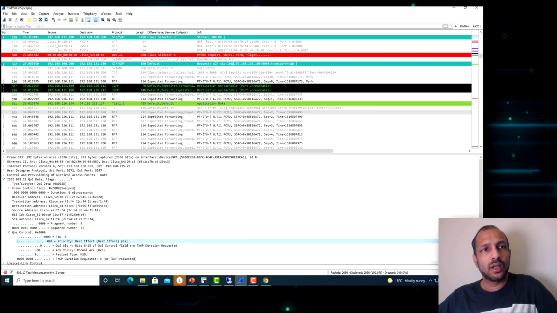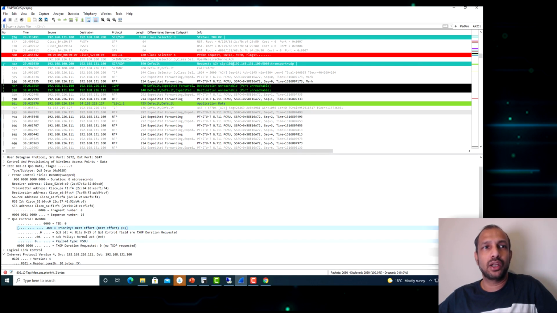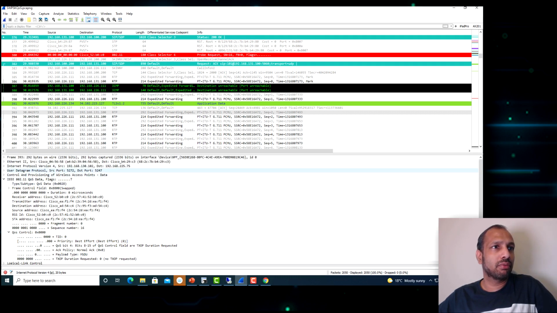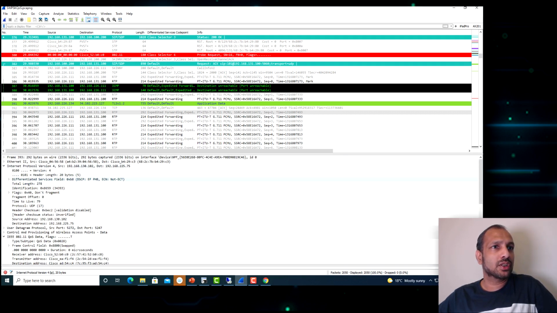Why? Because the AP will not be writing any UP value in this QoS header, because this traffic is only being encapsulated and sent to the controller. So the switch will be seeing, from the CAPWAP point of view, this one here.